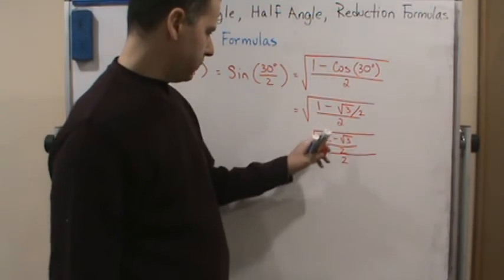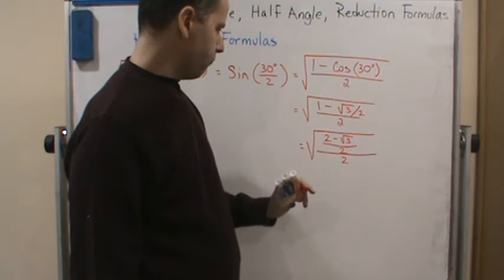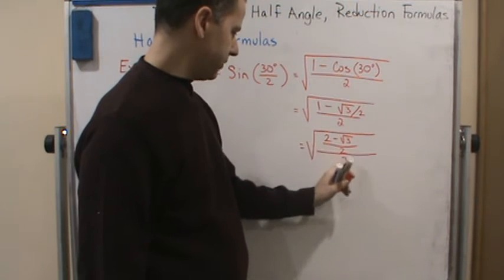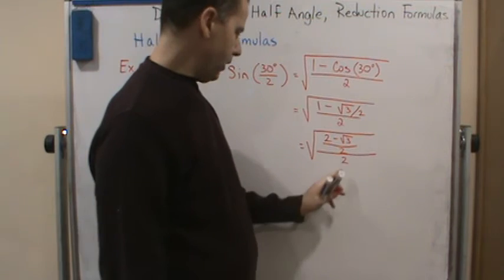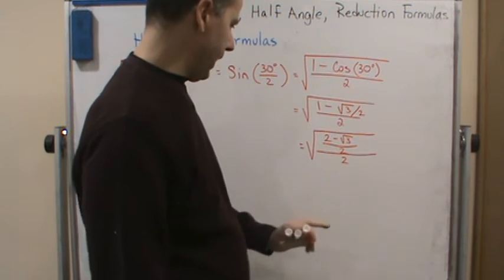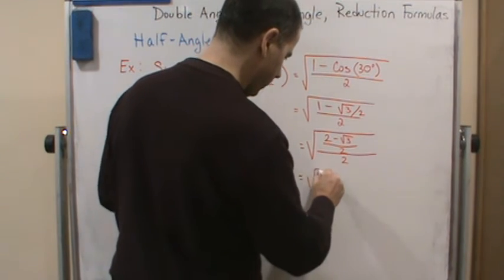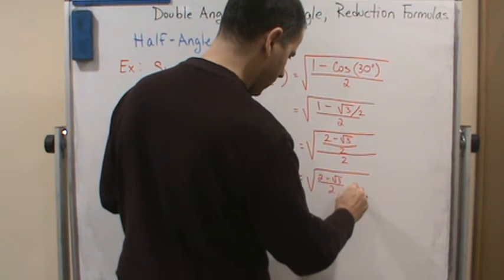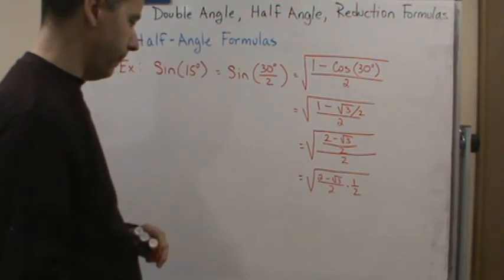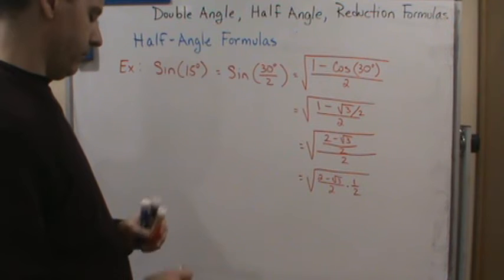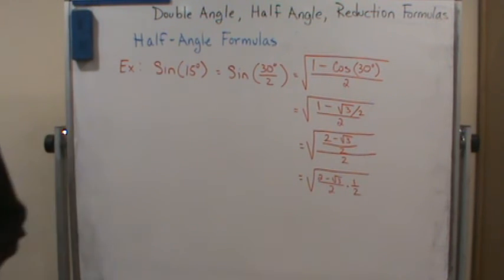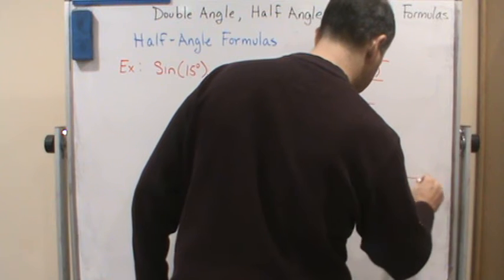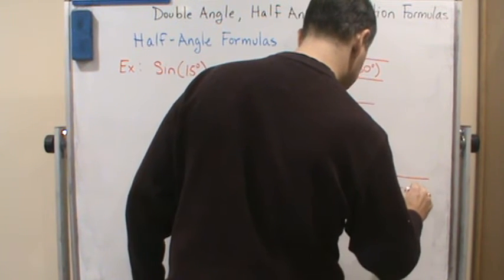I just basically got a common denominator in the numerator. I multiplied 1 by 2 over 2, and so I got this right here, and then of course the 2 is there. Now I can multiply by the reciprocal of the bottom, which is 1/2. So this is equal to the square root of 2 minus root 3 over 2 times 1/2. That's going to give me a 4 on the bottom, so the square root of 2 minus root 3